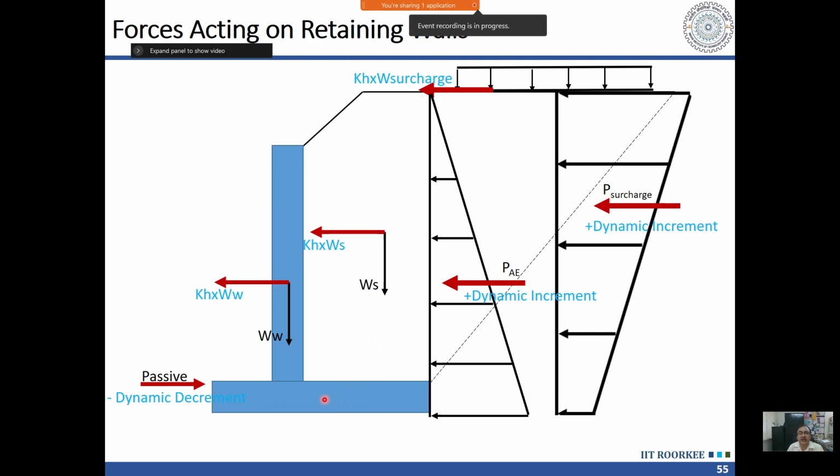So it slides, and when it slides, then the active earth pressure generates. We know if it is not sliding at all, then the earth pressure is going to be much larger than active; then the earth pressure at rest will act. But when it slides, then active earth pressure will act, and from this side, the passive earth pressure will mobilize. We design our return wall in such a way that it should slide, but it should not overturn, because if it overturns, it will fail. That's why we keep the factor of safety in overturning larger than the factor of safety in sliding.